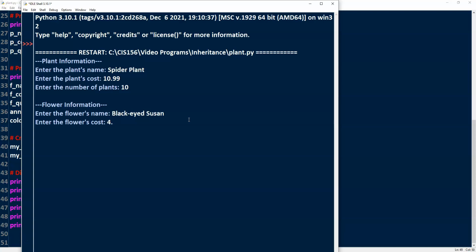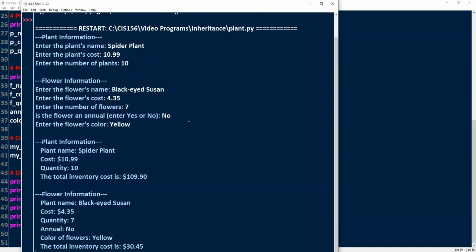They're going to be $4.35. We'll do 7 of those, and Black-Eyed Susan is not an annual, so we'll enter no, and the color will be yellow. So again, what we do is we print out the plant name, spider plant, $10.99, a quantity of